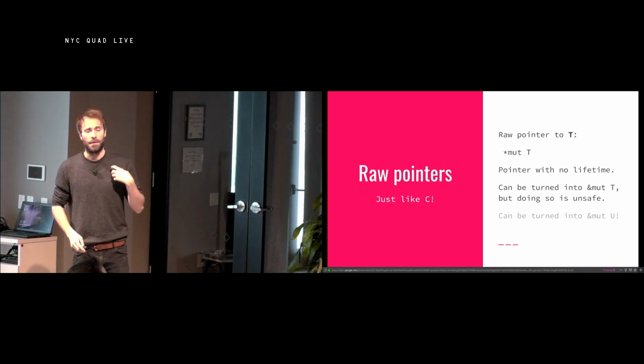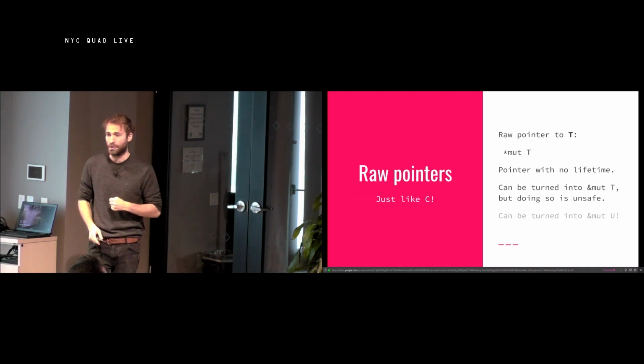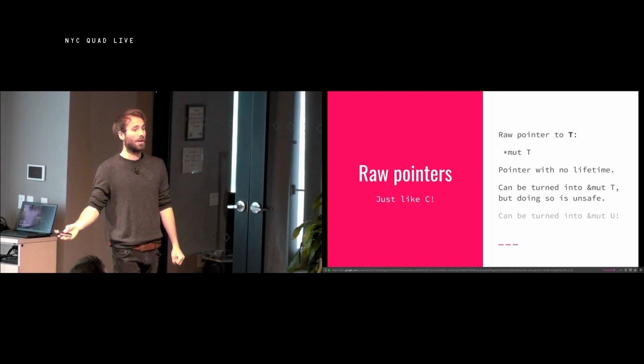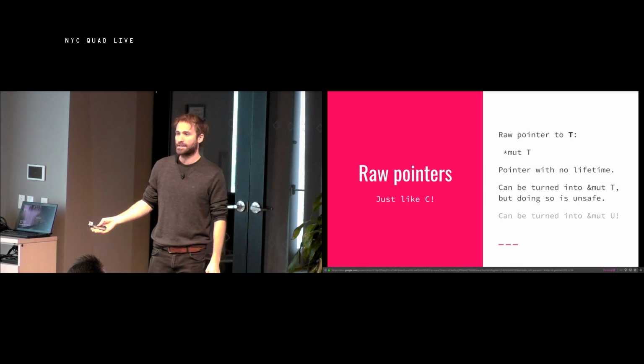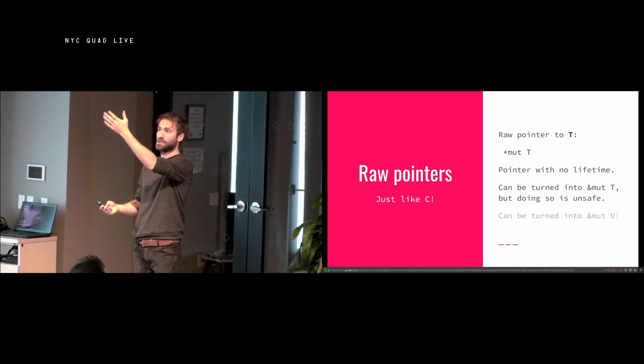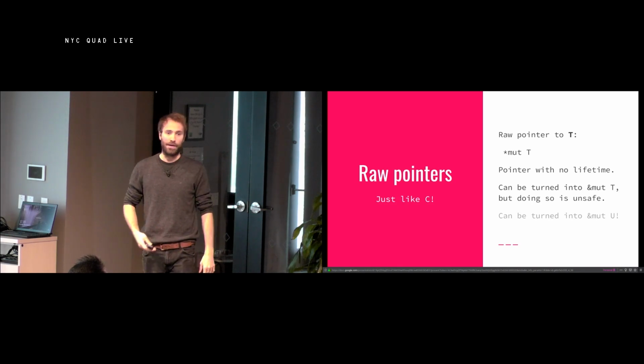In particular, we can introduce this concept of a raw pointer. So a *mut T is just a pointer to T with no additional contract. It says nothing about who else might have that pointer. All it's saying is that I know the memory location of a T. It has no lifetime associated with it. Which inherently is unsafe, right? Who knows? This could point into the middle of the stack somewhere, and that function might have returned.